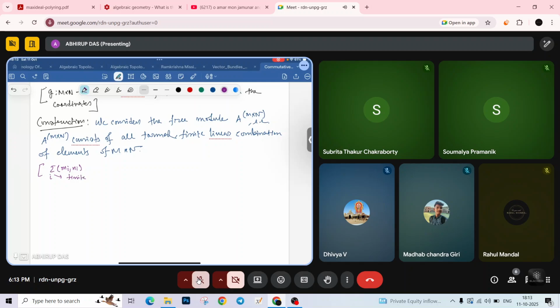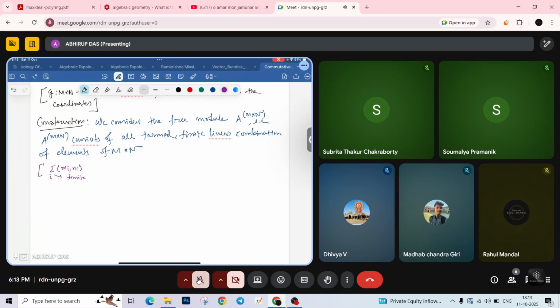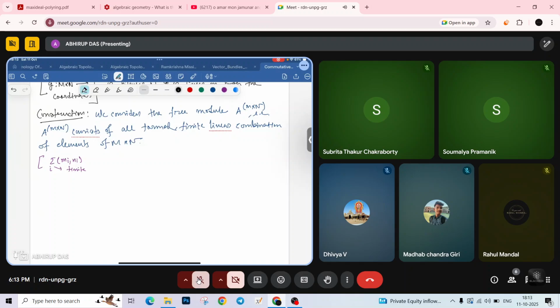Okay, understood what I am saying? But let me ask you something. So Madhav, you understand how the elements look like? Yes, these are symbols, you understand? If I take (m, n) and (m prime, n prime), we are just putting them together with an addition sign. Okay. So question: